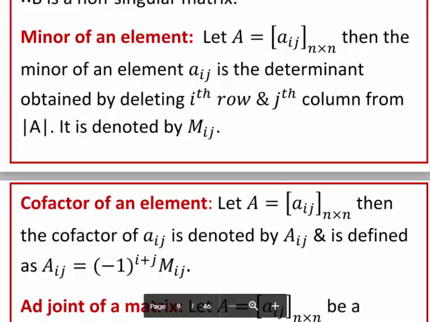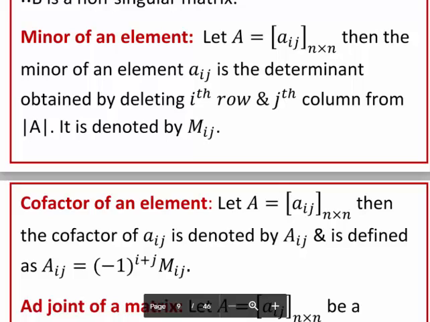As per discussion in the previous lecture, minor is nothing but the determinant. We can find the minor of an element from the given matrix, say A, and suppose we have to find the minor of element Aij. Aij is nothing but the element in the matrix in the ith row, jth column. Minor of element Aij is the determinant obtained by deleting the ith row and jth column, that is the determinant of the submatrix, and it is denoted by Mij.